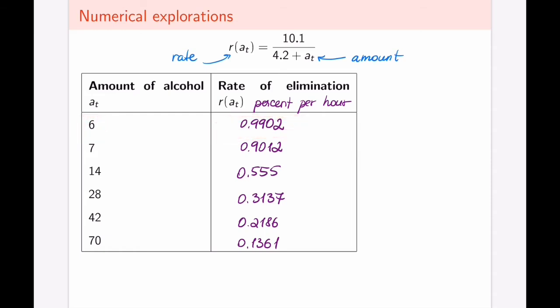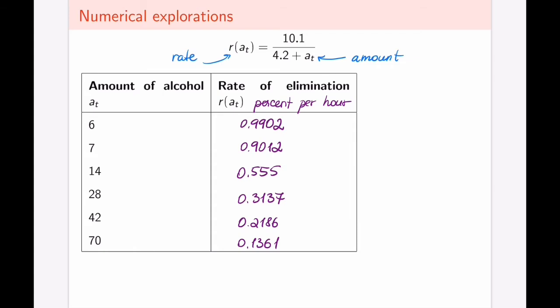However, if the amount of alcohol in your system is 70 grams, which is quite a bit of alcohol, then your body in 1 hour will only be able to eliminate 13.6% of that. We notice that the smaller the amount of alcohol, the faster the elimination rate, and the other way around. Let's see if we can set up the model to track the amount of alcohol, not just for 1 hour like we did in this table, but for 1 hour after 1 hour, again introducing this iterative nature